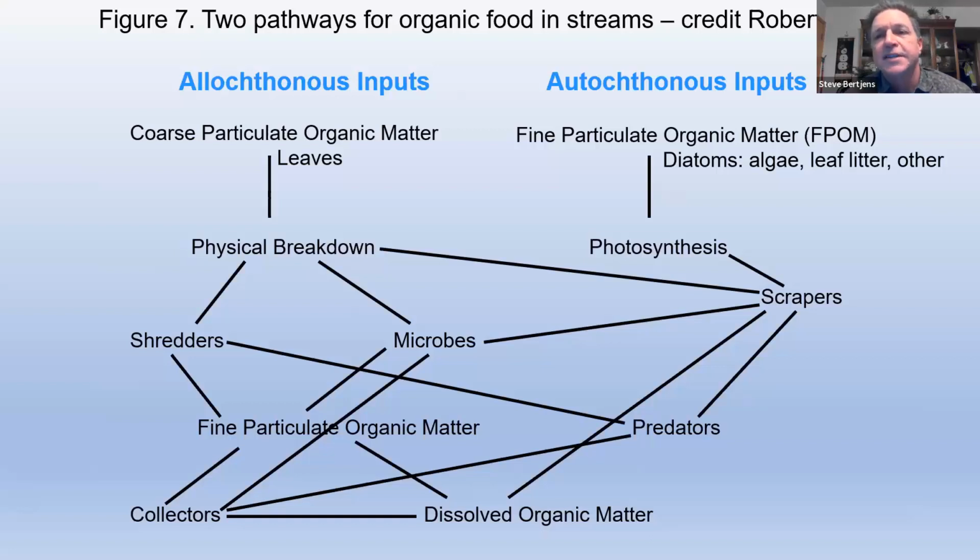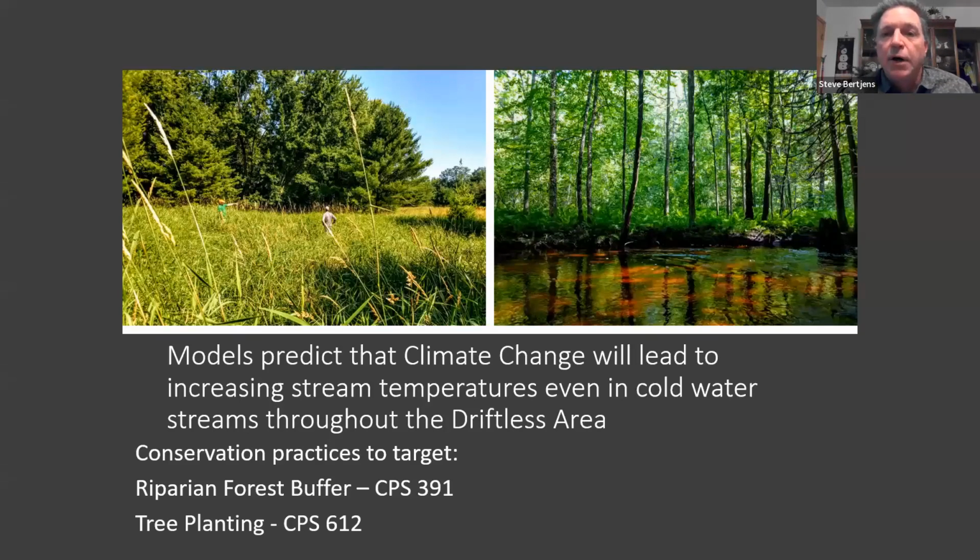But then on the right-hand side too, even the fine particulate organic matter, part of that, in addition to algae, is also leaves. So it's really those woody branches and leaves, the building blocks for all the energy inputs. So we accomplished that. And then the big one now,